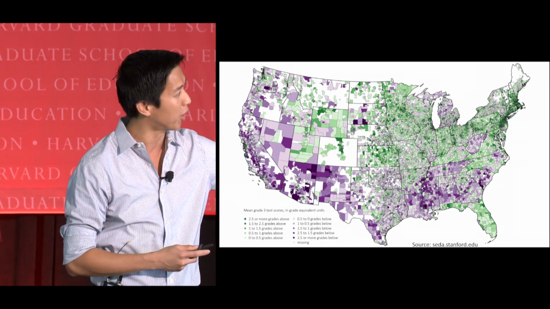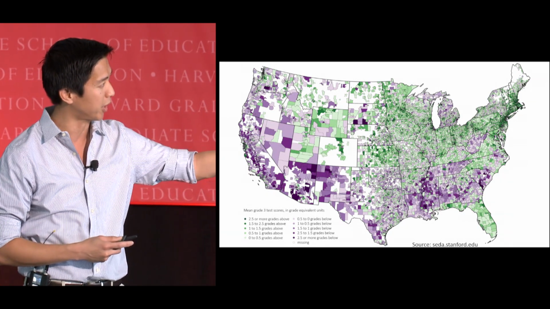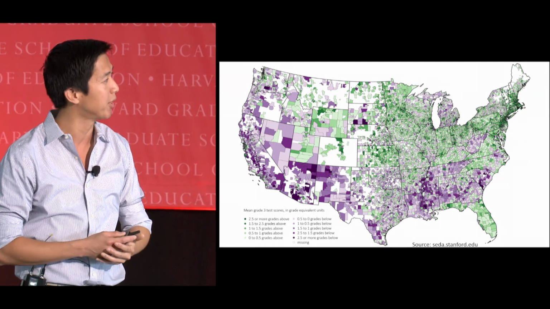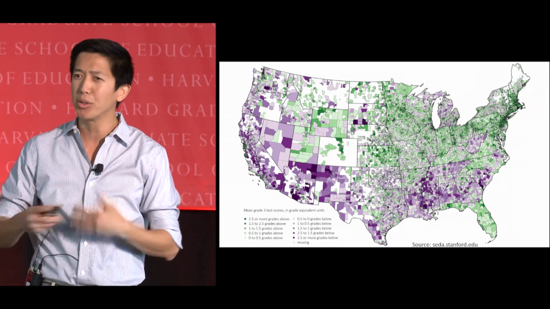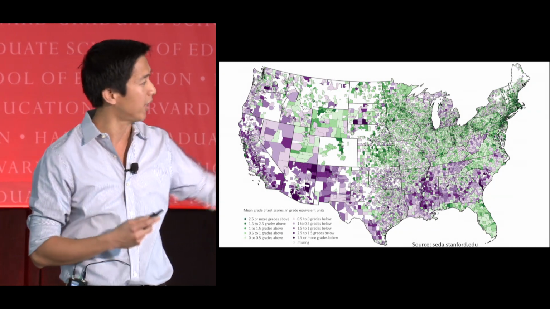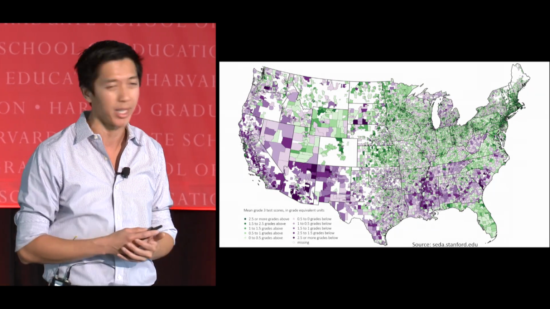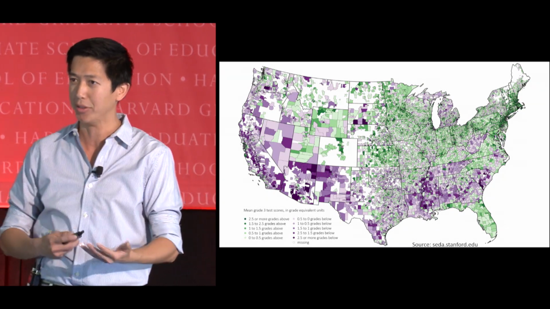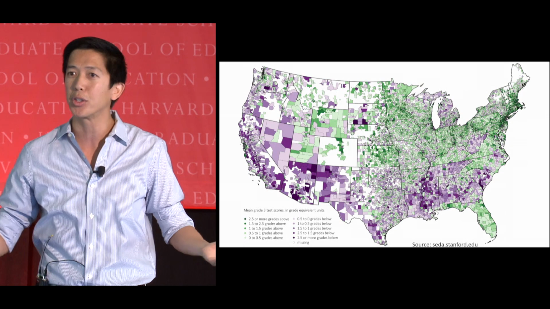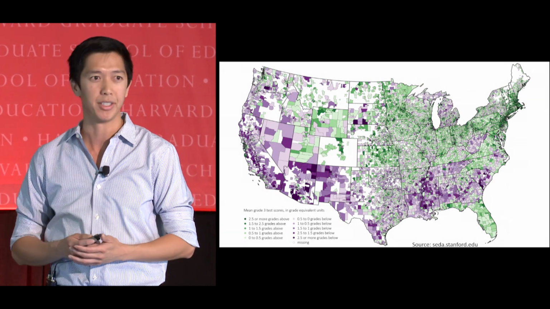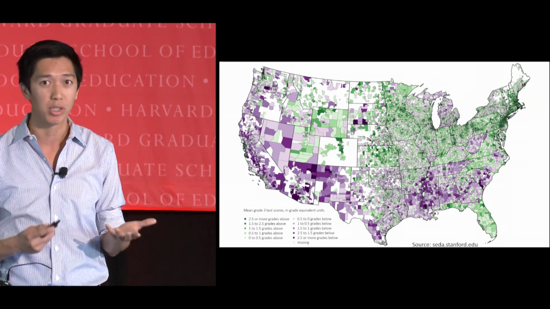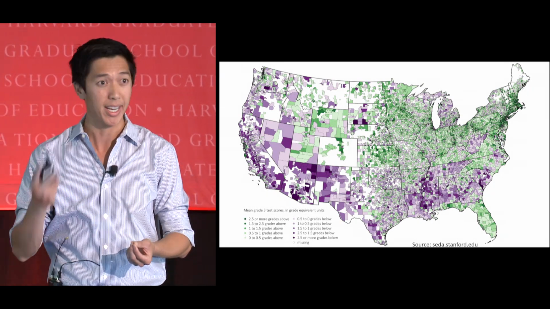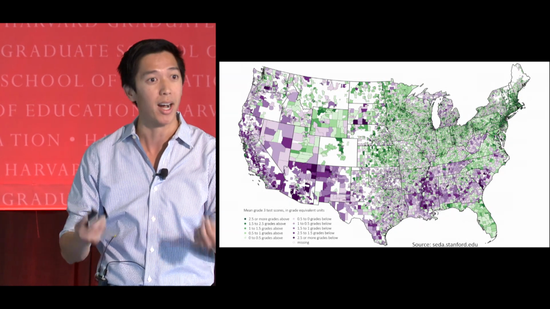You can see in the dark blue to purple down there, those are relatively low scoring. And in the dark greens in the upper right and scattered around the country, those are relatively high scoring. How low scoring? How high scoring? If you can see in the legend down here, 2.5 grade levels below average to 2.5 grade levels above average. That's 5 grade levels of difference on average across the 13,000 odd districts in the United States. That means that some third graders in some districts are performing on average like 8th graders in other districts, and 8th graders, conversely, are performing on average like 3rd graders.